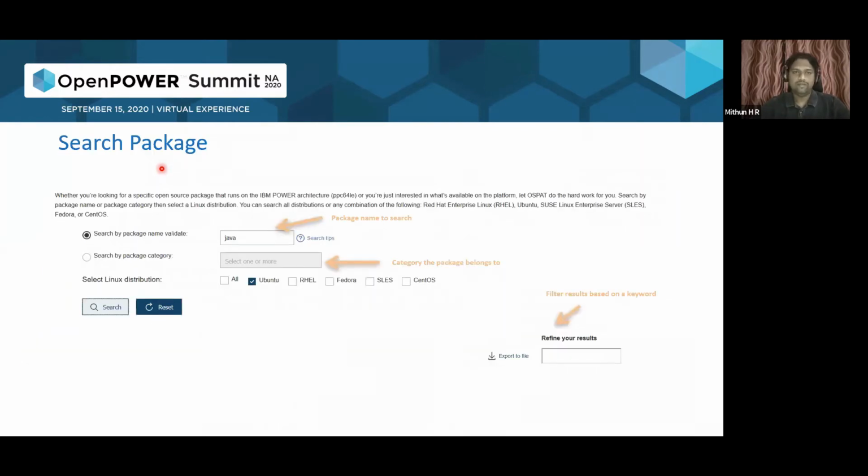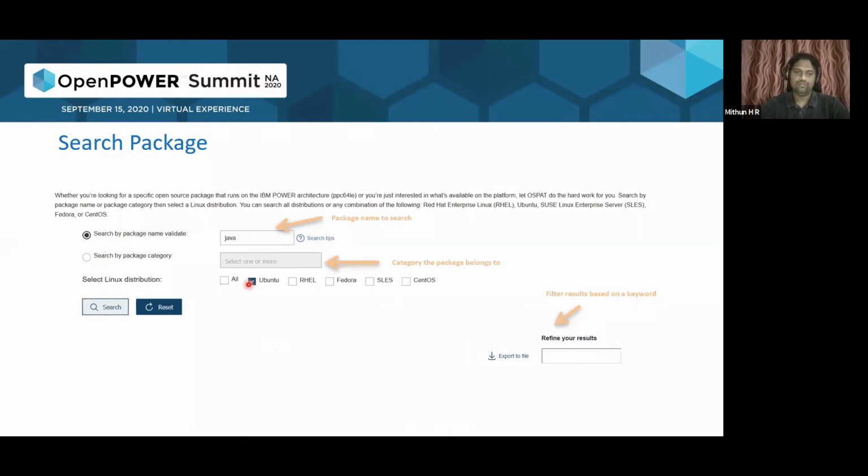So coming more into usage of the OSPAT tool. Once we land on the OSPAT tool, we will be landing on something similar to this. You need to enter the name of the package, if you know it, and then select the distribution which you are looking for.